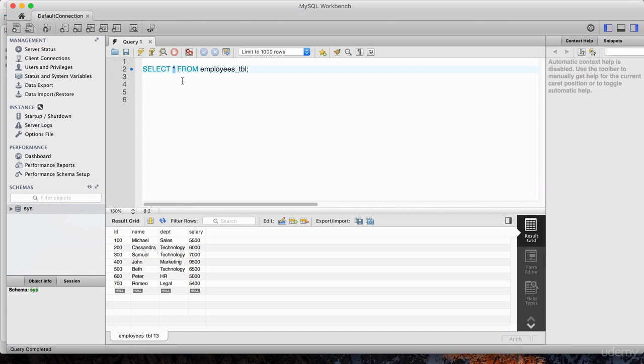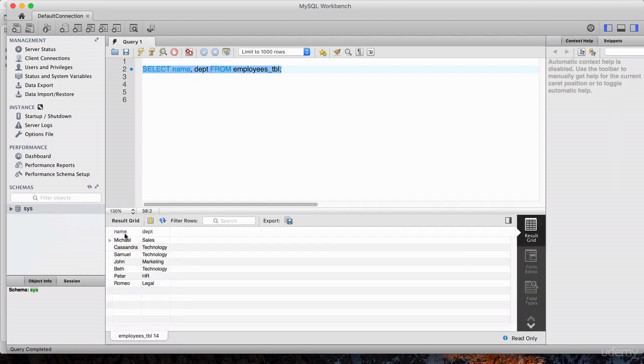So instead of all of the columns, I just want to see two columns. For example, I want to see the name column and the department, DEPT column from the employees table, and this is how I would do that. So select name, department from employees table. Let's just highlight this and hit the Thunderbolt button, and boom, notice that we only see the name column